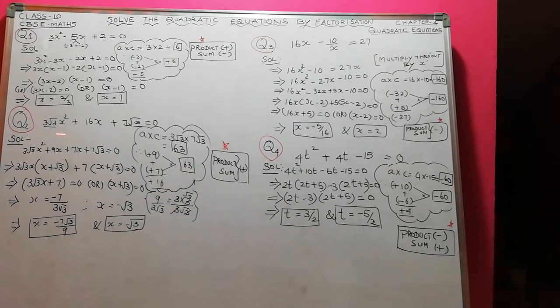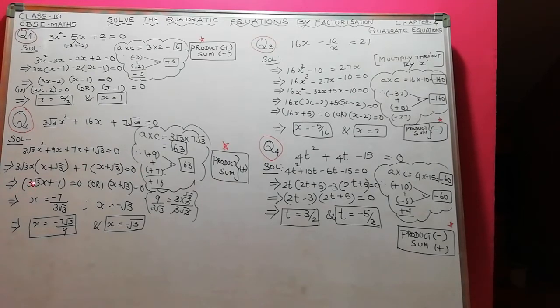Okay. Now let us split the middle term and arrange and write. That is 3 root 3 x squared plus 9x plus 7x plus 7 root 3 equal to 0. Let us take the common factor. Here 3 root 3x is the common factor, so we take it outside. So you get x plus root 3. See, 9, when you divide by 3 root 3, 9 can be split as 3 into 3. So 3 gets cancelled. Root 3 into 3 gives 3, and root 3 while cancelling leaves you root 3. So you get x plus root 3 inside the bracket, plus 7 you take outside. Here for the third and fourth term, 7 is a common factor. So x plus root 3 equal to 0.